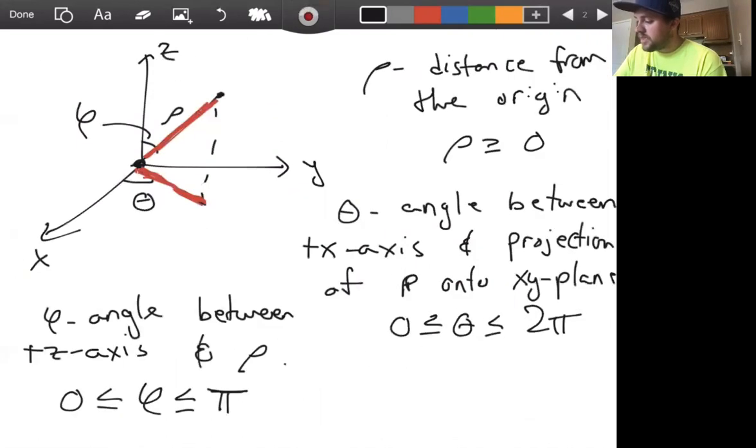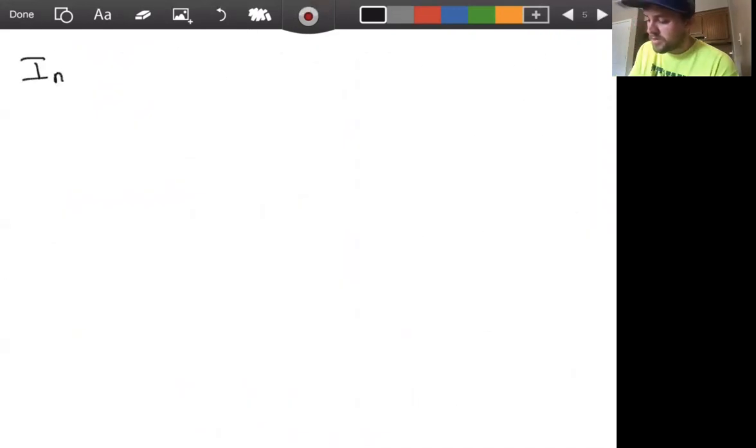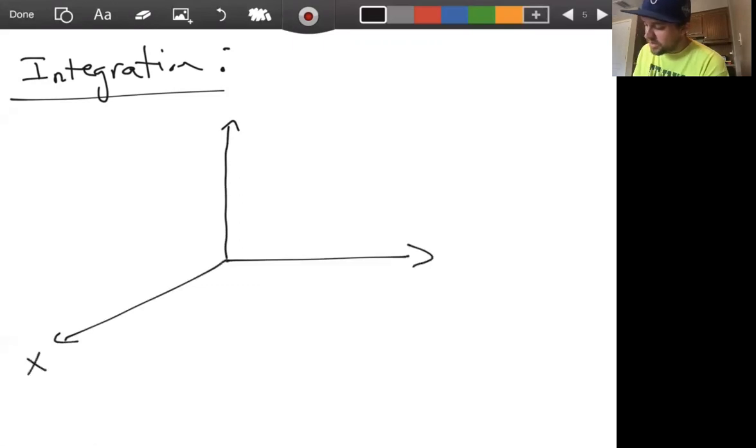Now let's define integration in spherical coordinates. So now what does a spherical box look like? Because once again, we're going to take a box, partition it, find approximate volume, and then take limits like we've been doing. So now we have